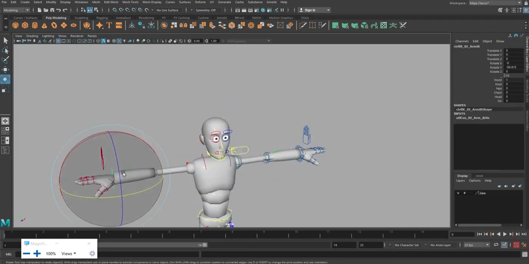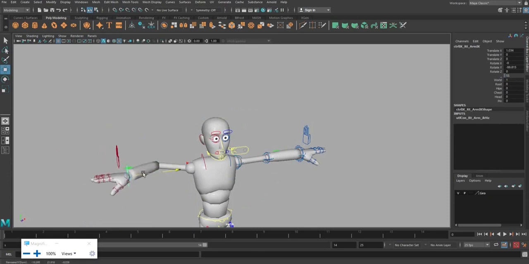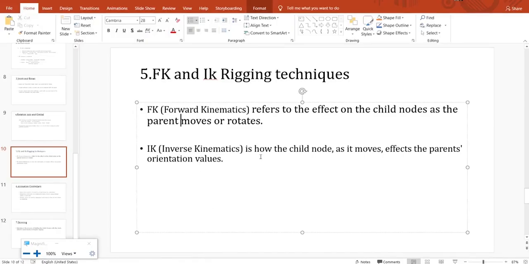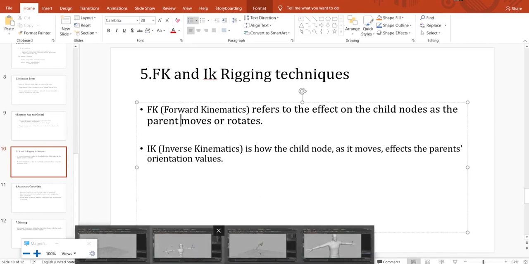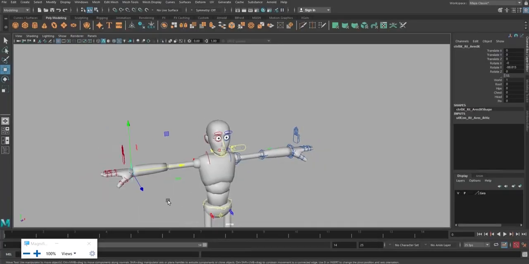In IK, the child controls the parent. You can see how inverse kinematics works: as the child node moves, it affects the parent's orientation values. Parent's orientation means rotation or movement values.